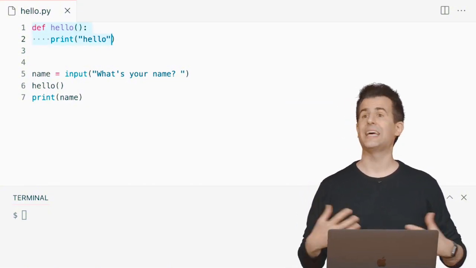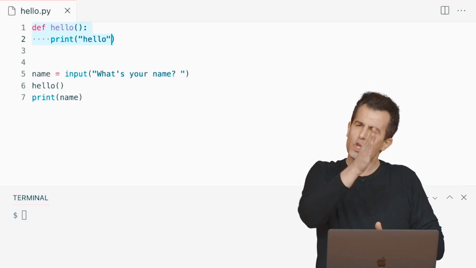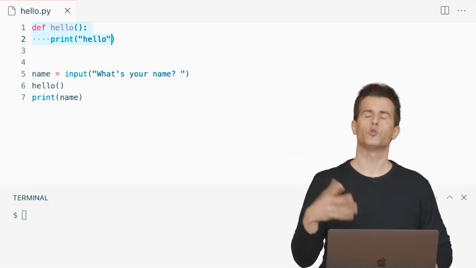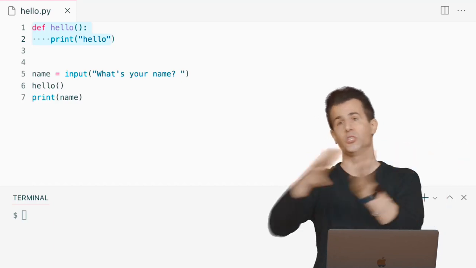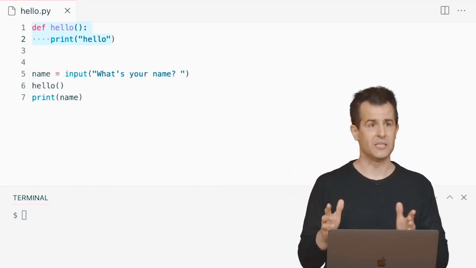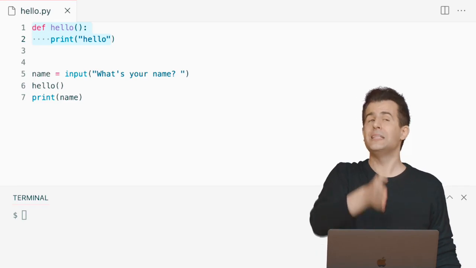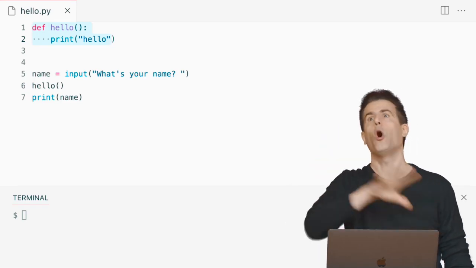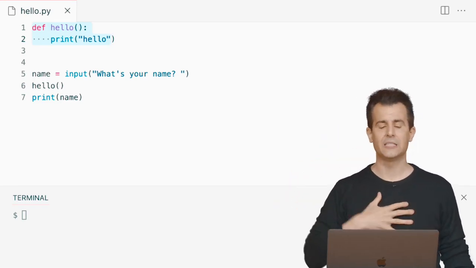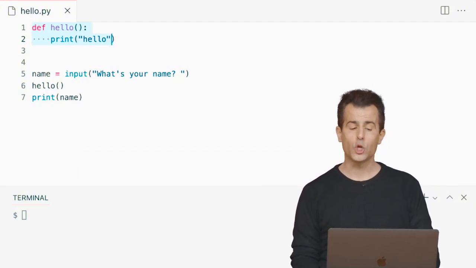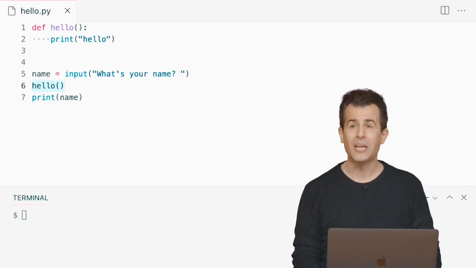This is just a setting of my text editor, VS Code in this case, that's just making super explicit to me that I've hit the spacebar 4 times, or equivalently the tab key once, which is converted automatically to 4 spaces. Generally speaking, I'm going to need to make sure that all of my indented code lines up now so that Python knows that it's all part of the same thing. But it's easy in this case because it's just a single line. But now, thanks to lines 1 and 2, the function hello will absolutely exist when I'm ready to use it